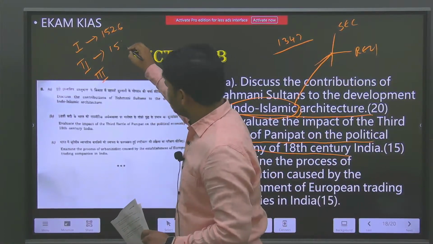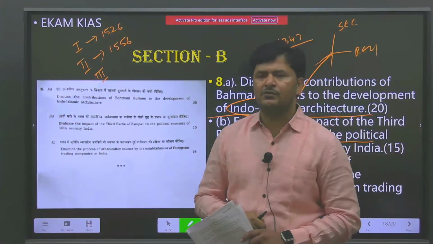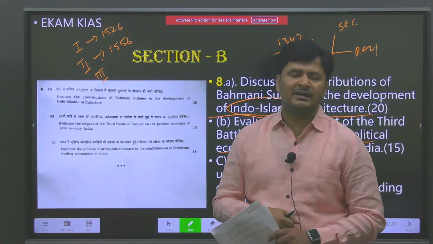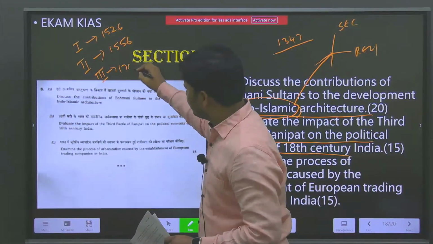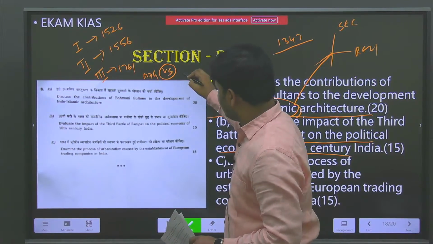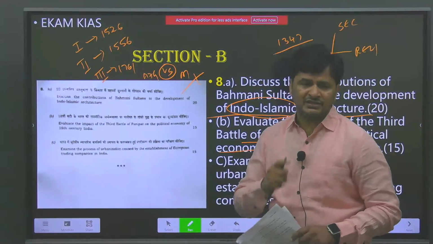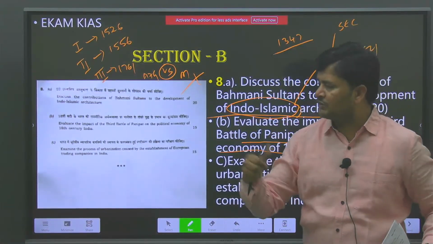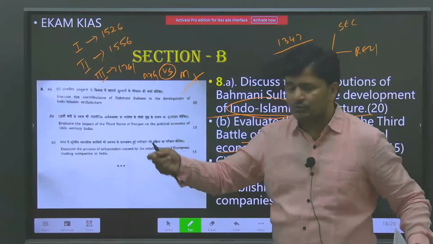1556, the Second Battle of Panipat, between Hemu's forces and Akbar's forces. Outcome: Hemu's forces were shattered to pieces, and Akbar revived, got back his territories. And the third one, 1761, the battle fought between Afghans and Marathas. Outcome: Marathas shattered. I have instructed the general studies students and optional students to watch a movie called Panipat, with Sanjay Dutt, Arjun Kapoor, and all that. The best way to get the knowledge,